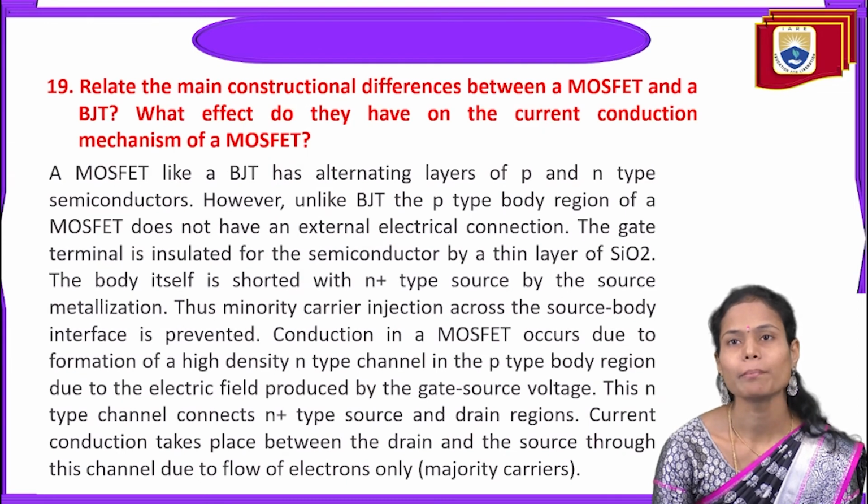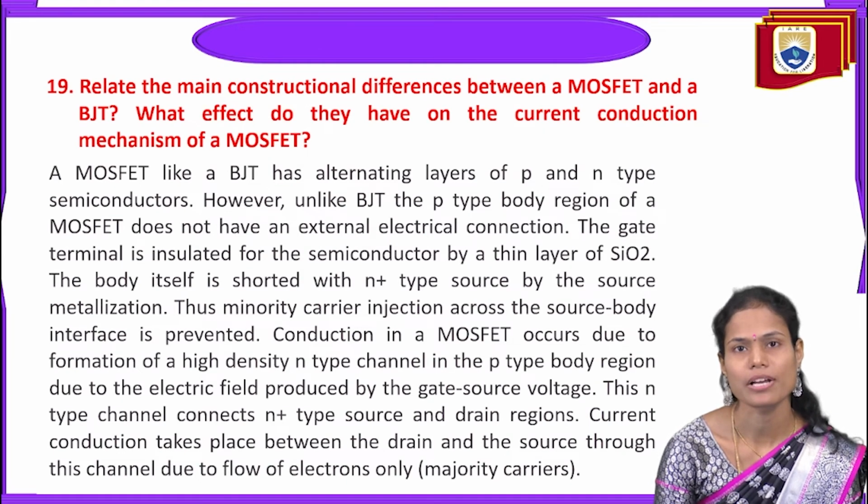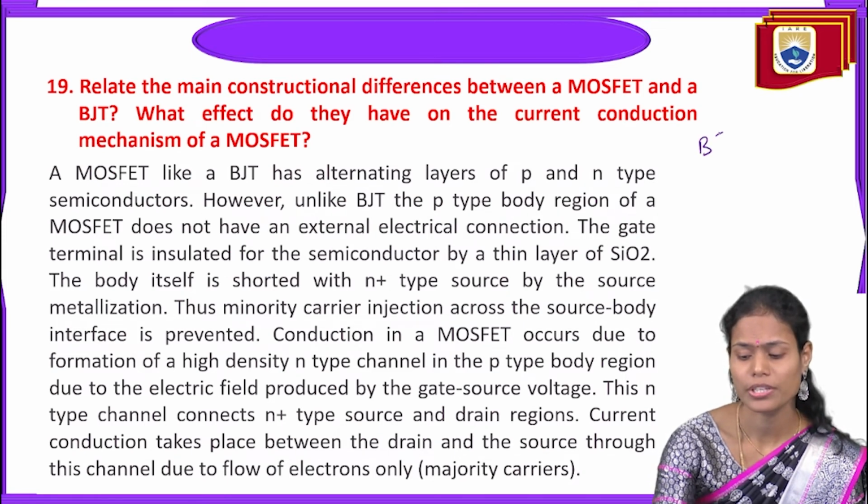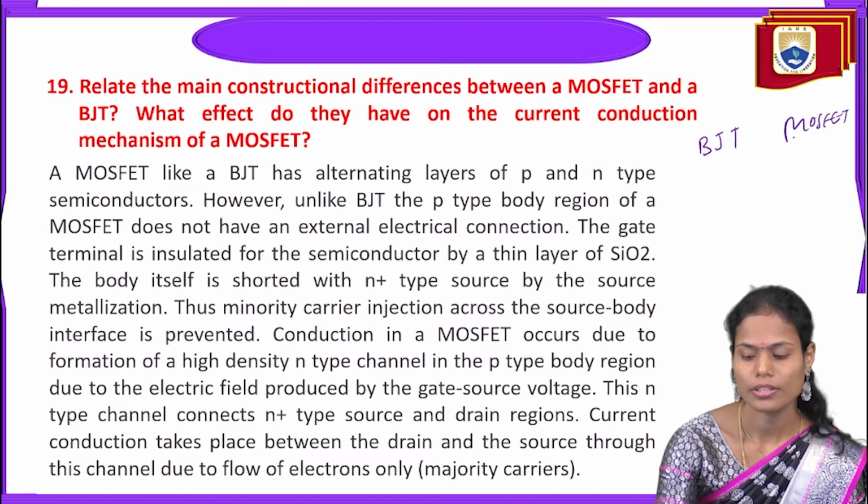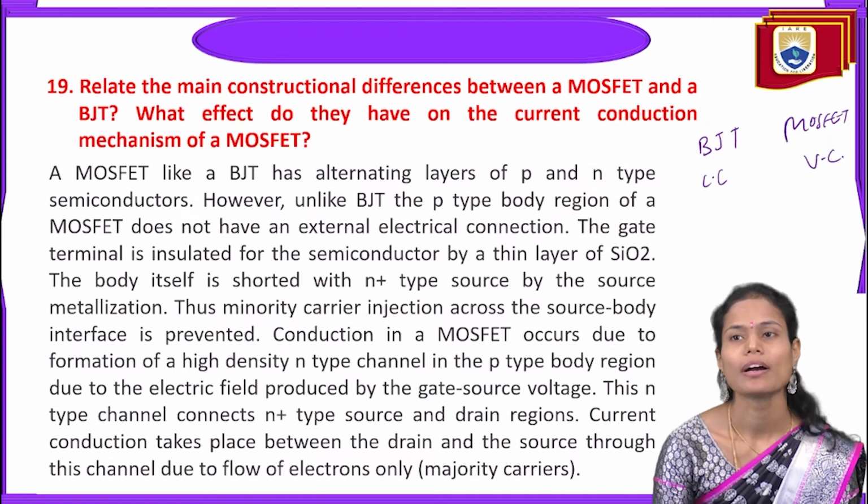And next, relate the main constructional differences between a MOSFET and a BJT. What effect do they have on the current conduction mechanism of the MOSFET? So here we are going to explain about the BJT as well as MOSFET. The basic thing here: it is the current controlled device, here it is the voltage control device, and the